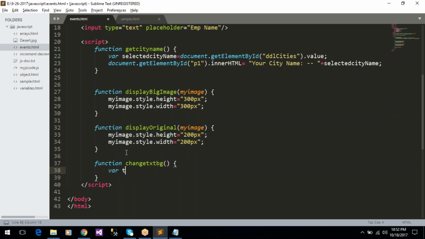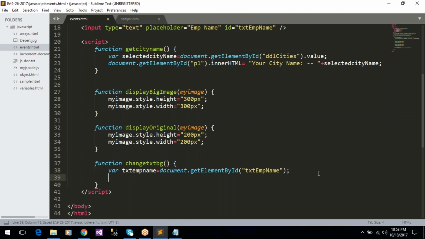Where txt emp name equal to document dot getElementById txt emp name. So this is the id for the text box. And change the text box background color: txt emp name dot style dot